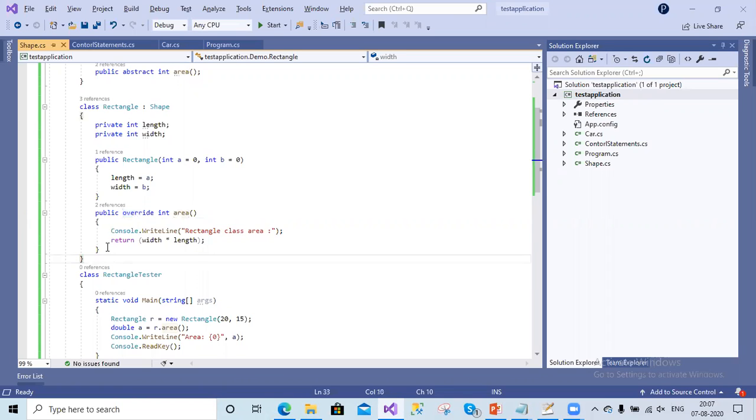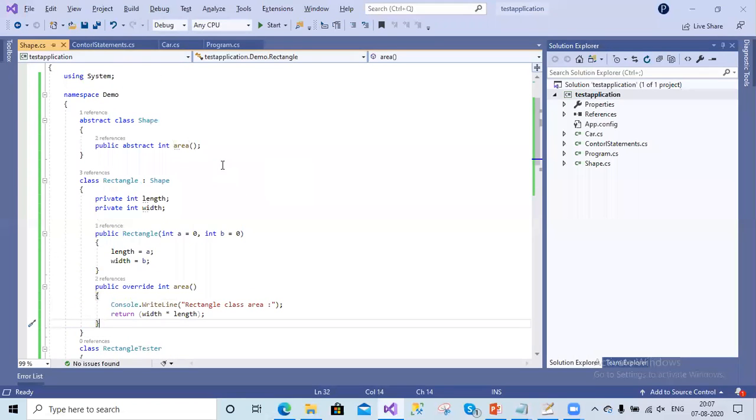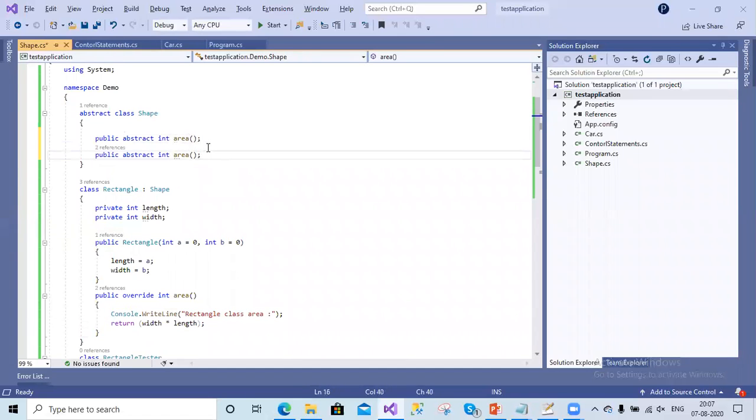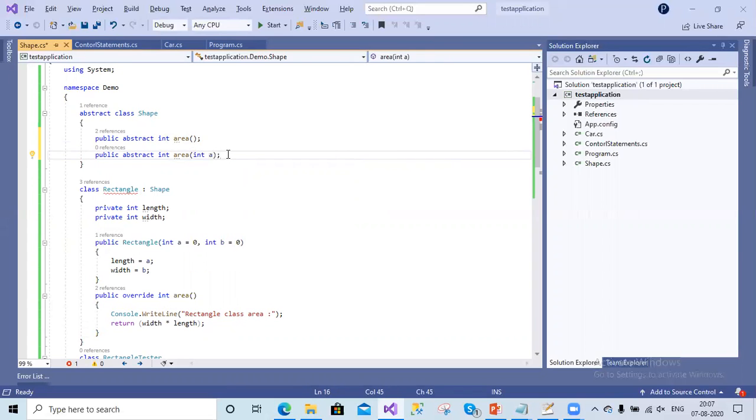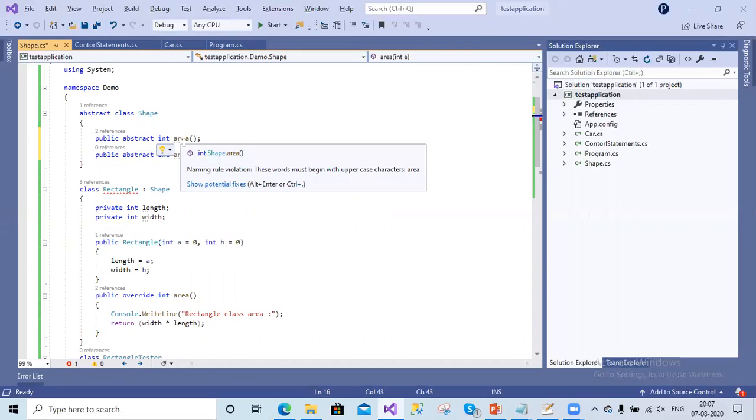And if we want to have overloading also, then we can declare one more method with different parameters. Now see, there is a difference between these two methods. We have an area method without any parameters, and we have one more area method with some parameters. So this is called overloading. We are just overloading with extra parameters for the same method name. Overloading means we have the same method name, we can have the same return type, and we have to change the signature of the method by adding some more parameters inside the method.